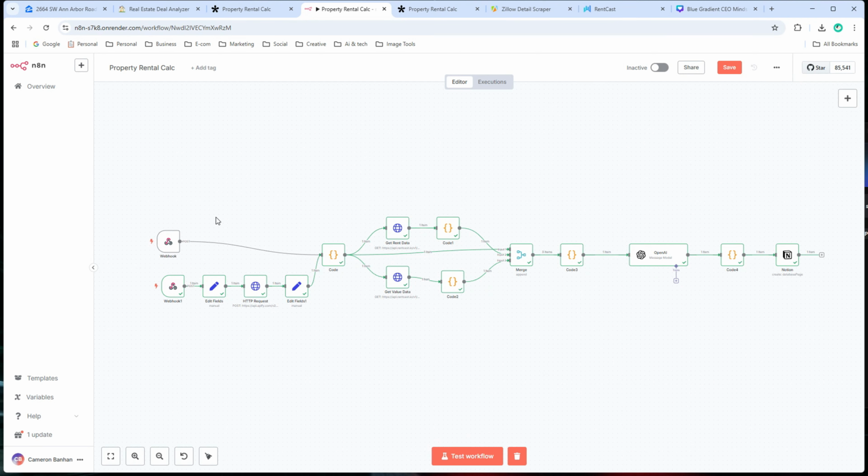So in this video, I'm going to break down this simple N8N automation where we're going to take in a Zillow link. We're going to scrape the Zillow site for a certain property. We're going to fire a couple APIs to get the median rent and value data of that property. And we're going to send all that information over to ChatGPT in order for it to do an analysis for us to really determine if that property would actually make a good rental property or not. So without further ado, let's go ahead and see a live example and we'll break down every single step in